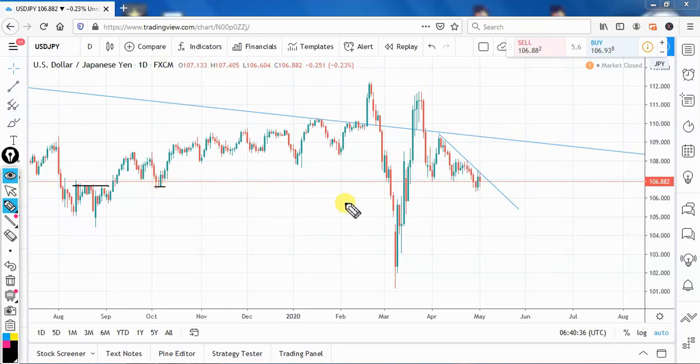The price tested it, and now it has this reaction, which I think was Thursday's candle, this up bar, followed by the down bar on Friday. I do want to see the price coming down a bit more and breaking this low down here. So if the price comes down and breaks it, roughly looking at 106.10,